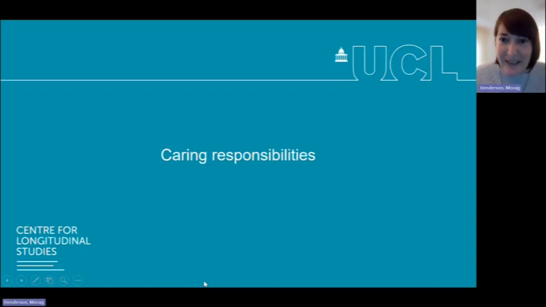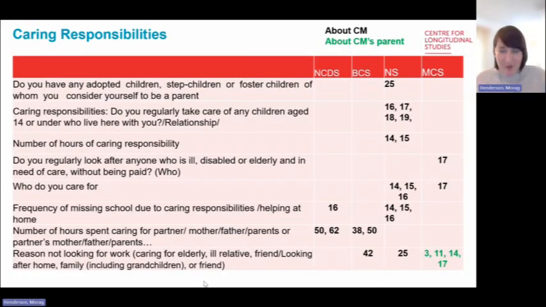Moving to the next type of care in the cohorts, we're thinking about caring responsibilities. And these are essentially responsibilities for caring for families or people outside of the home across the life course. So this table will become more and more familiar to you. What you can see here is that Next Steps has quite a lot of young carer measures between the age of 14 and 19, including number of hours, who they regularly take care of, frequency of missing school due to caring responsibilities, and